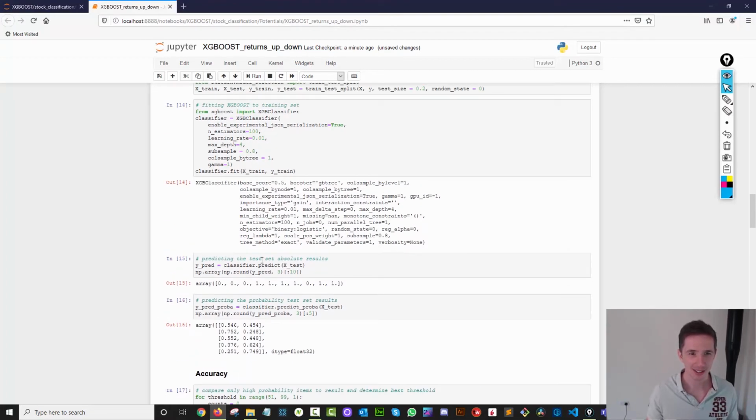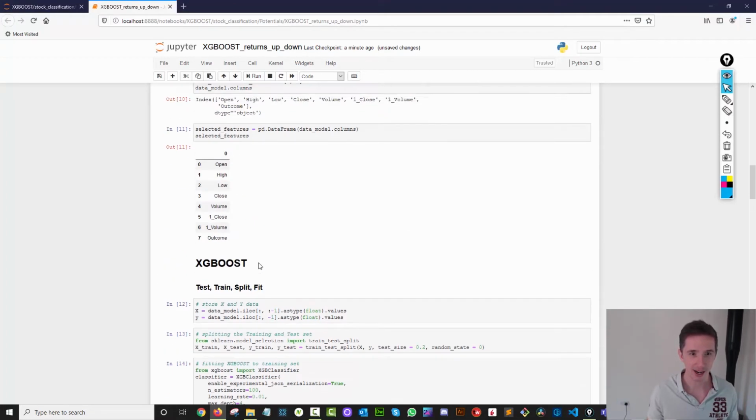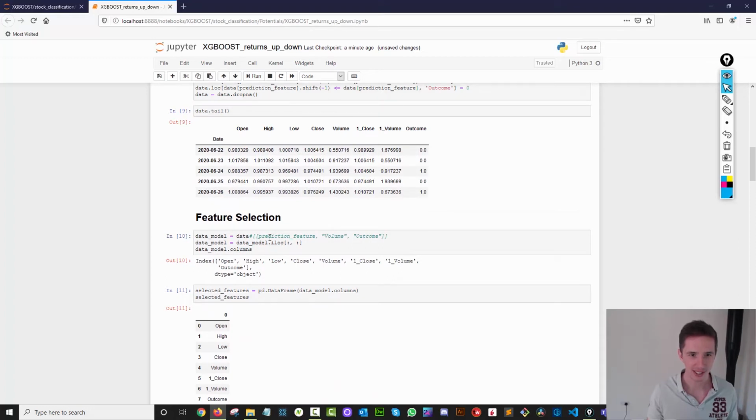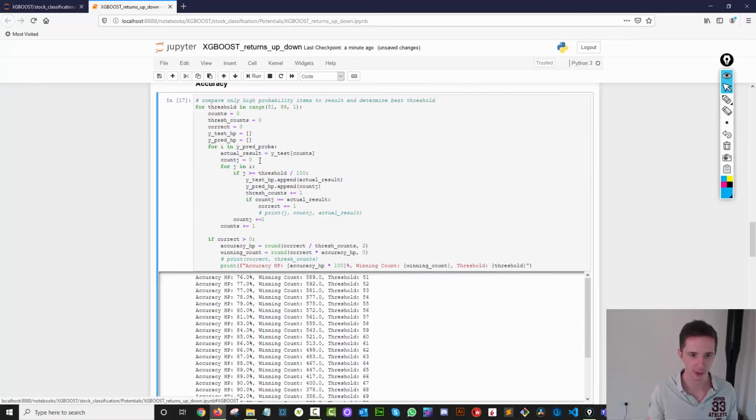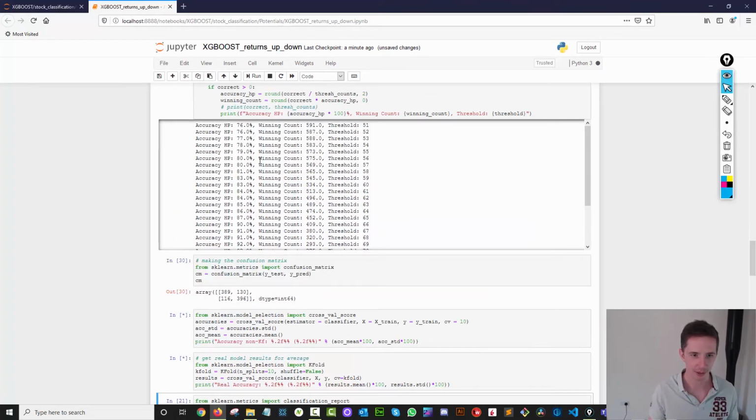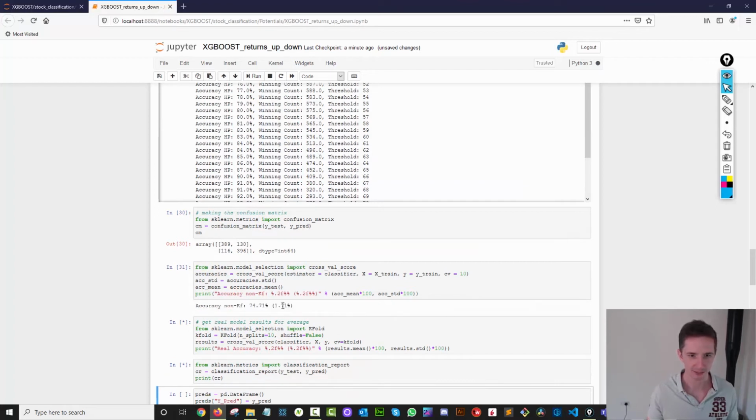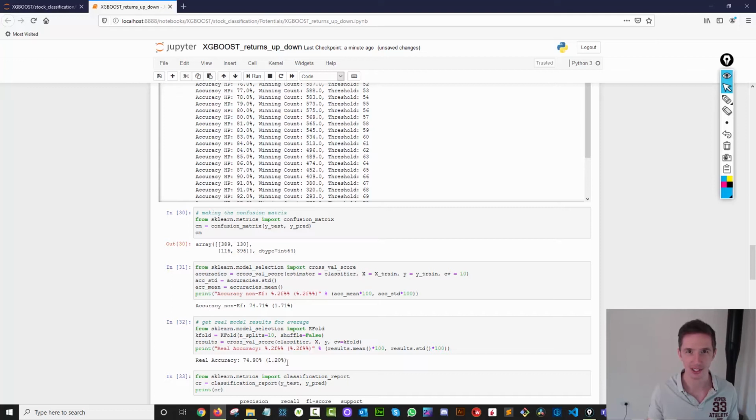In fact, I reckon if we take out the extra fields over here, so if we just put in the prediction and the volume again and run that through the model again, let's have a look at what that accuracy comes out like. So roughly the same, 75% accuracy, which is quite incredible.